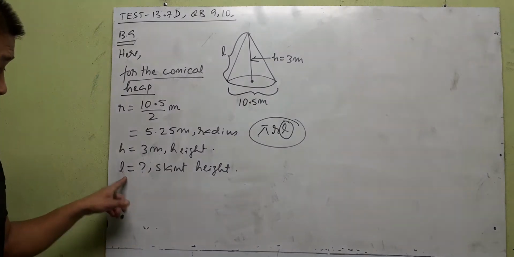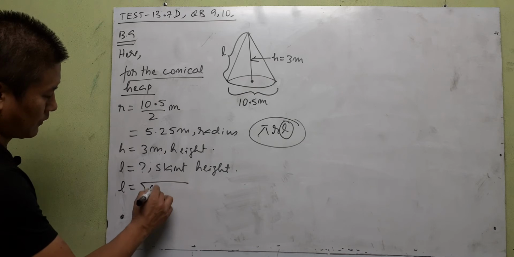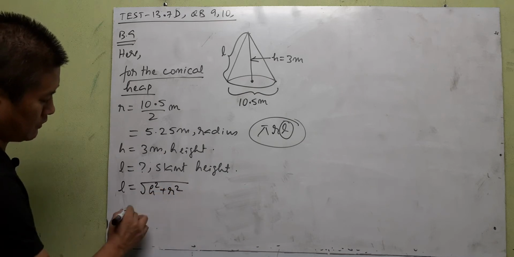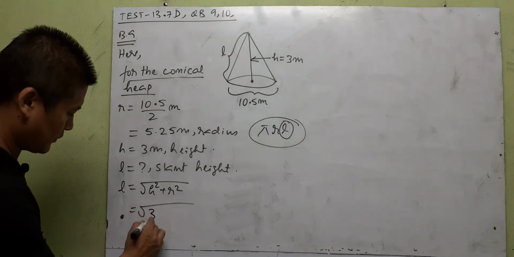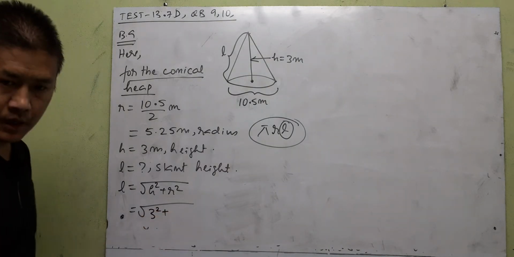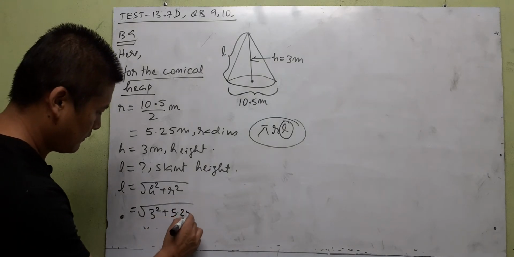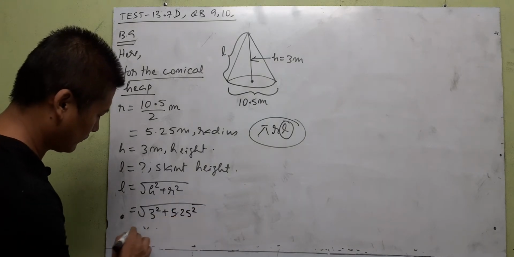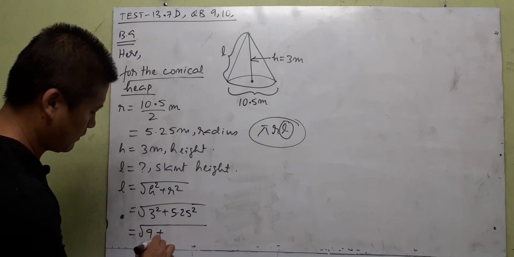But H and R are there, means we know that formula to find out L, root over H square plus R square. So we write that. Root over H here is 3, so we write here 3 square, plus R here is 5.25, so square. As we do this, we'll get here 9 plus